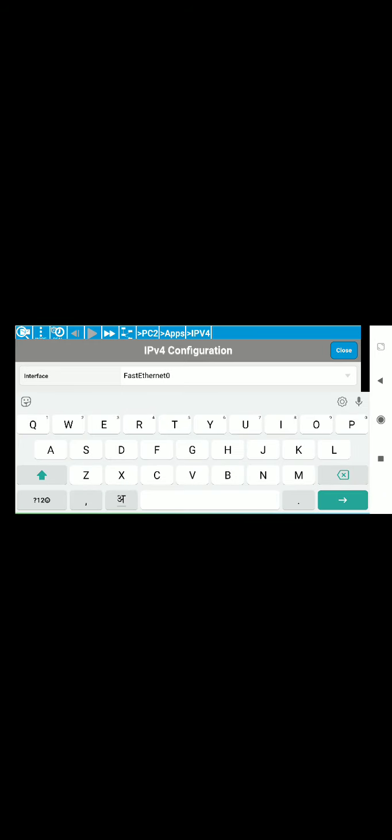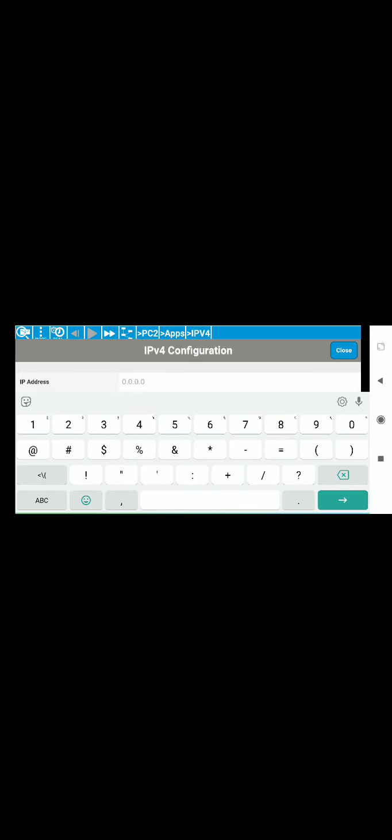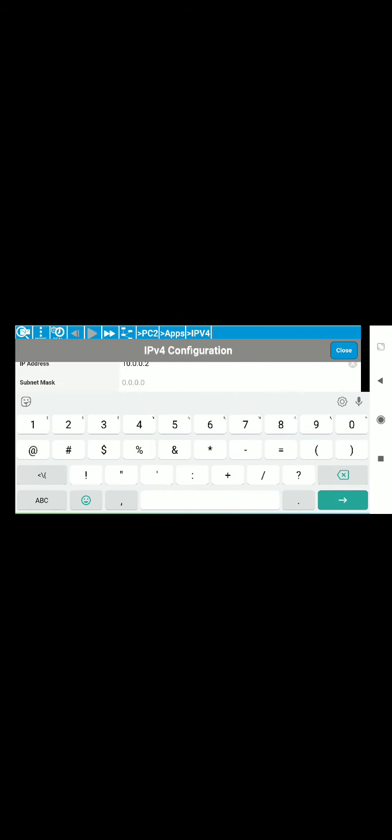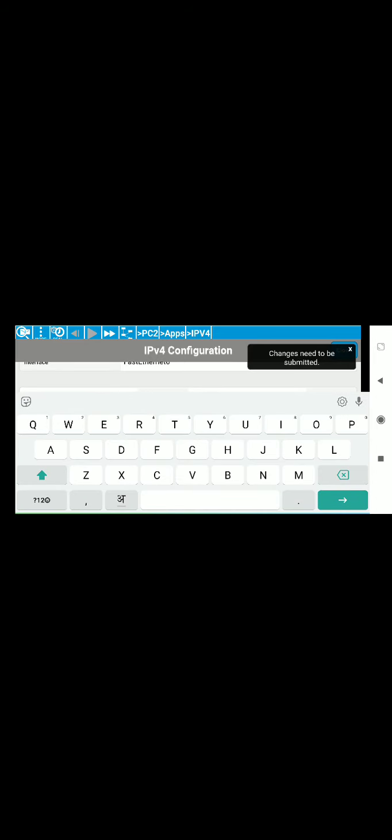Then we have to configure our third PC. For the third PC click on desktop, then IPv4 configuration, click on IP address and write here the IP address 10.0.0.2. Then the subnet mask is 255.0.0.0, and the last point is the default gateway.